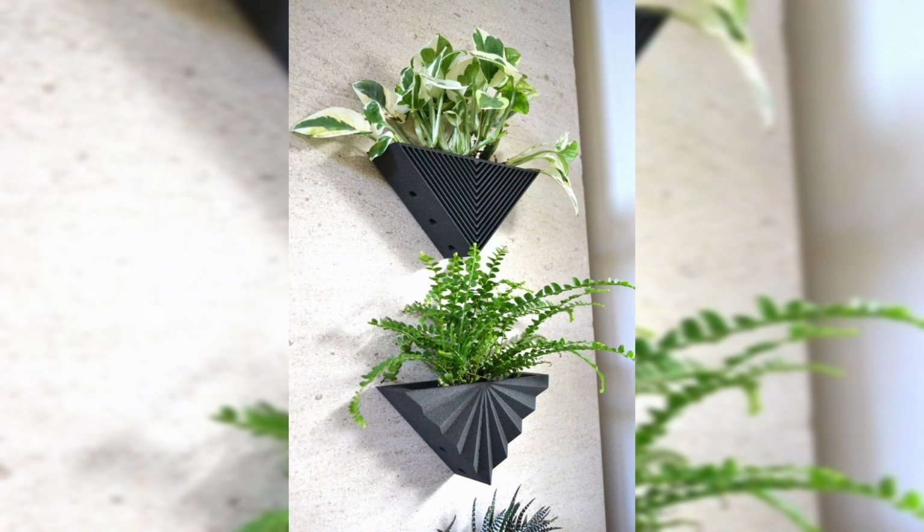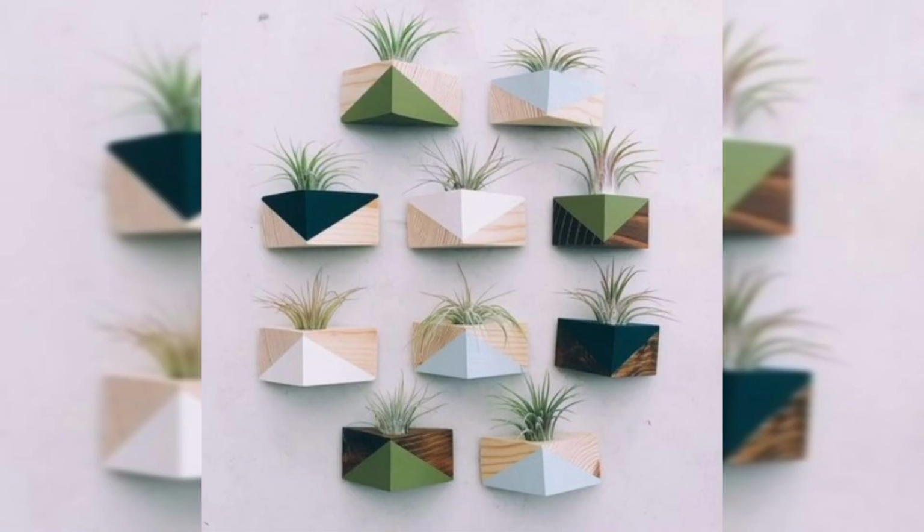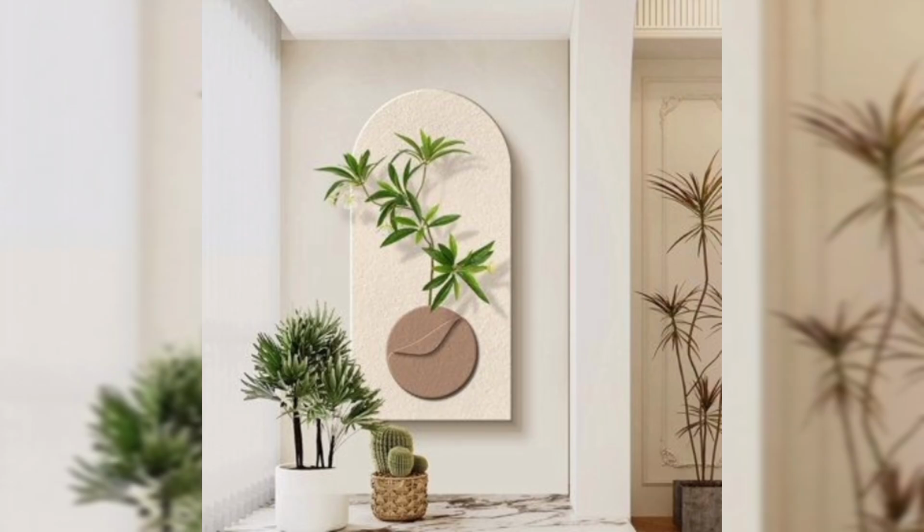Walls and corners often go unnoticed when it comes to home design. However, they offer a unique space